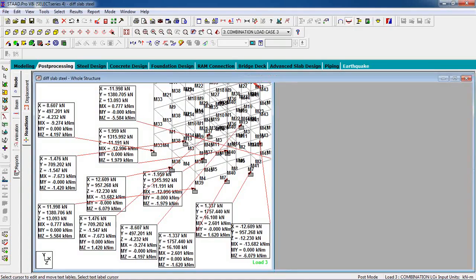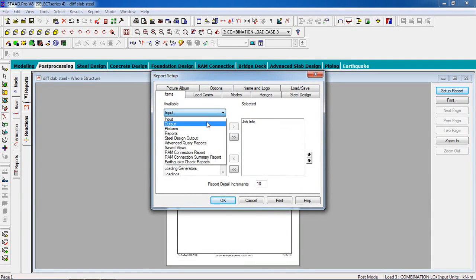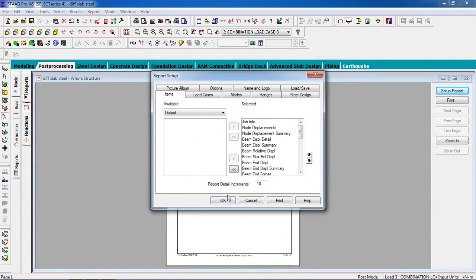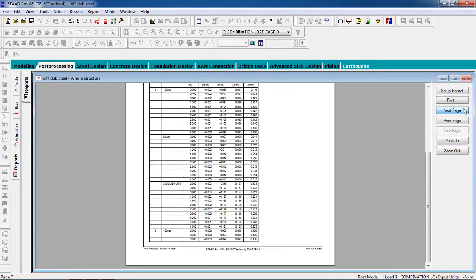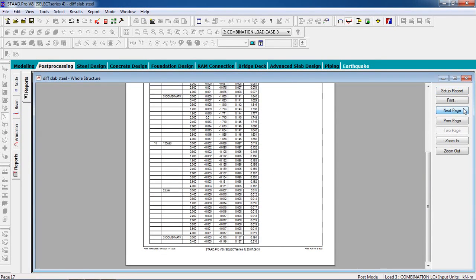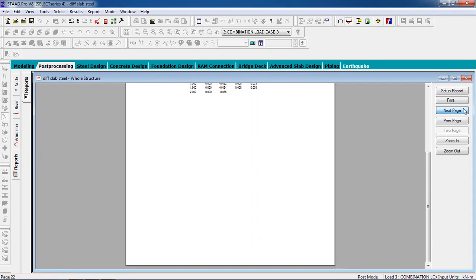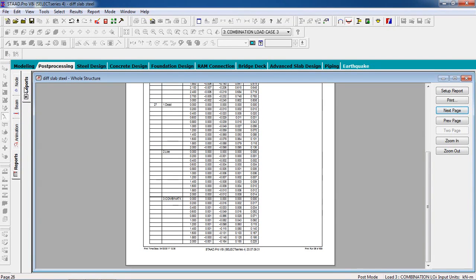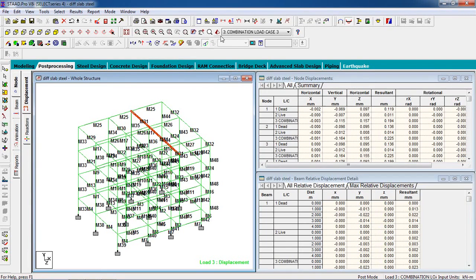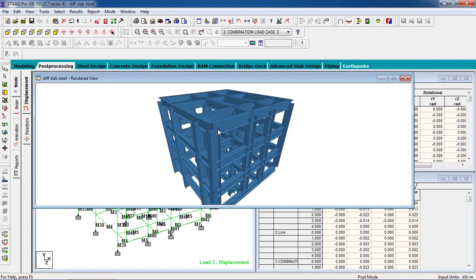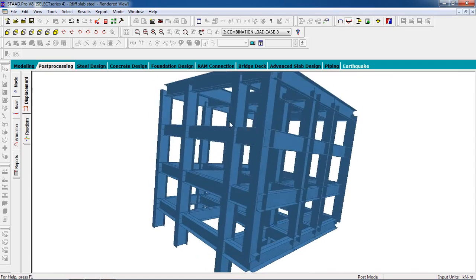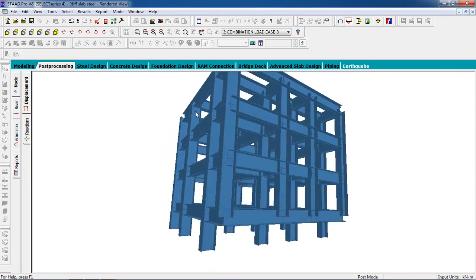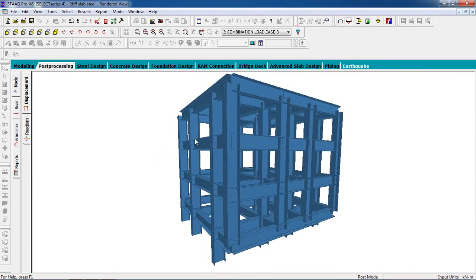Also you can output the reports here. All the reports. So that's it. That's how you design with different slabs in a steel structure including cantilever.